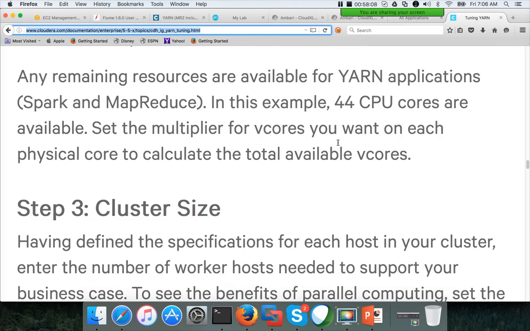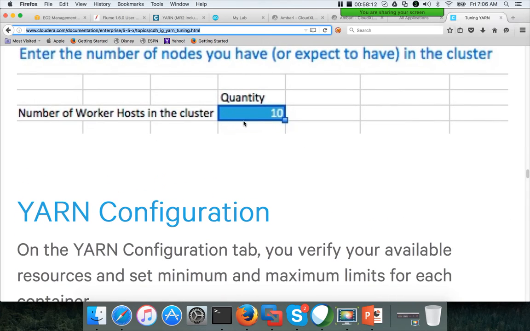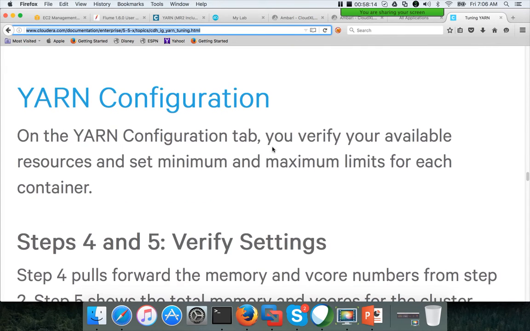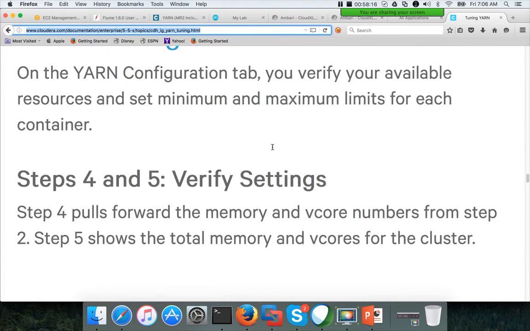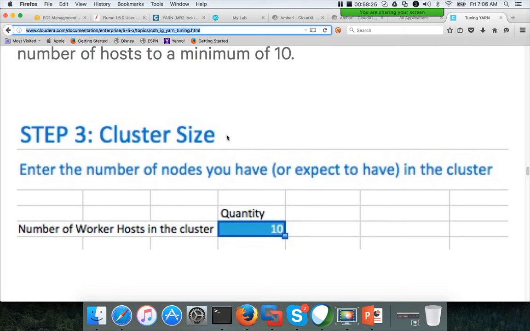Okay, and if you scroll down, you can see that the number of worker hosts in the cluster is 10, and you can actually come back to this one and just watch my window. So I am at step 3, cluster size.